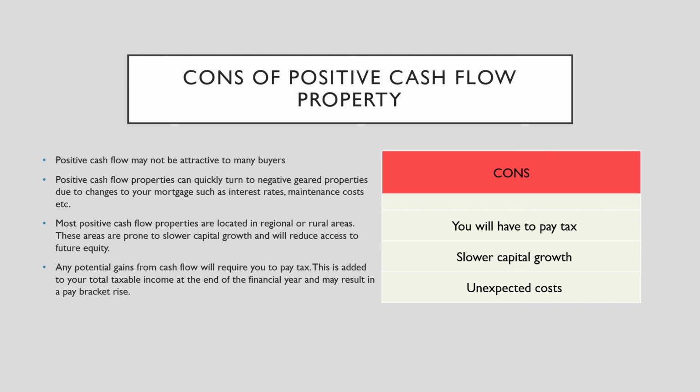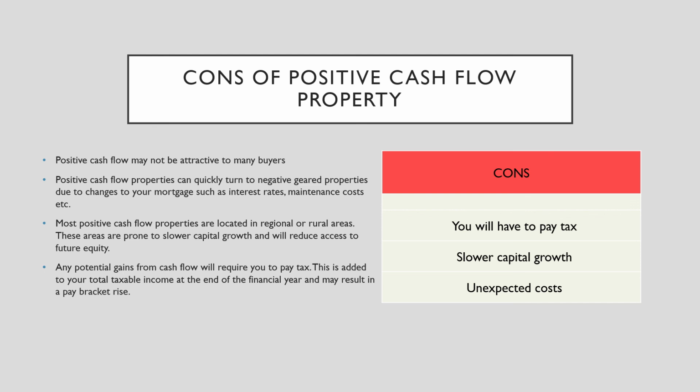Positive cash flow properties can quickly turn to negative geared properties due to any market fluctuations and unexpected maintenance costs. Say someone smashes your wall, you have to pay for that, you might have to fork out some money, and that'll turn into negative gearing. Like I said before, most positive cash flow properties are located in rural or regional areas, and these are prone to slower capital growth, which reduces your access to equity,